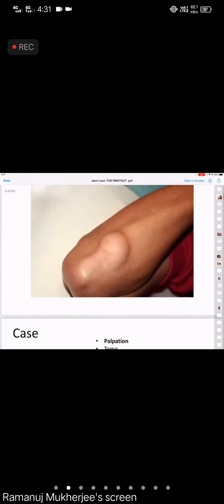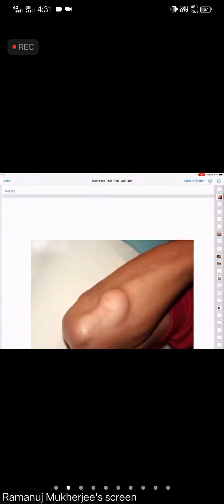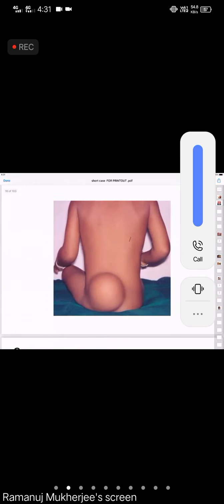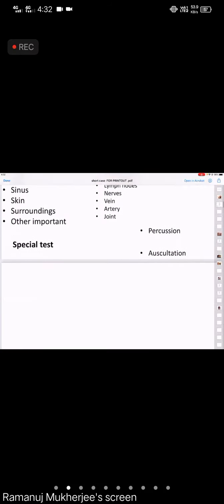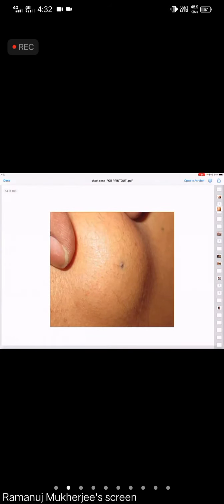I also have this PDF presentation with you. This is a lipoma near the right elbow, and I told you this is a picture of an 8-year-old male child with a lipoma in the gluteal region. I think you can write about the rest of them. We will not discuss the differential diagnosis immediately. We will, after we have done 2 or 3 more cases, and then you will be in a position to write about the differential diagnosis of these conditions. Okay, right. So let us start with this case now.